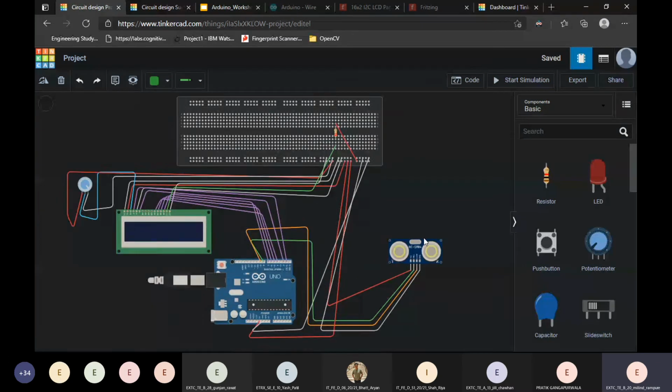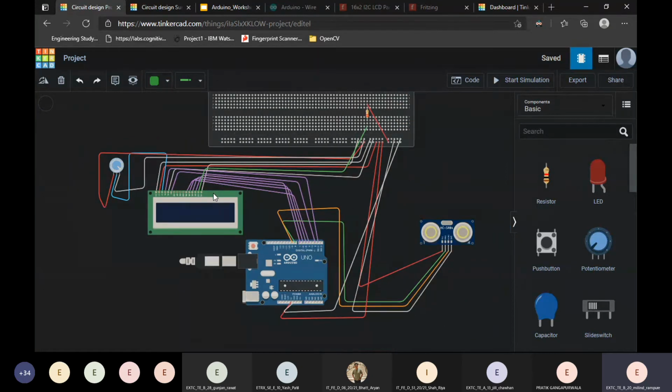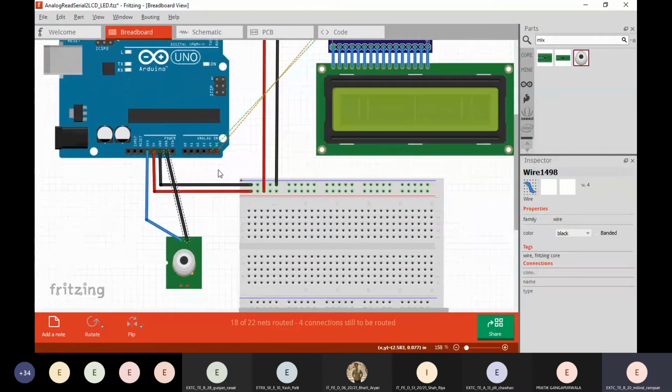As you have seen yesterday, we used this 16 pin LCD, not the I2C LCD. This is the 16 pin one, where we connect to the microcontroller using 8 pins. So we are reducing the pins by using this I2C LCD screen. Okay, so how does this connection work? As I told you before, you can connect multiple sensors, and also various other I2C based sensors, here in this case the LCD screen.